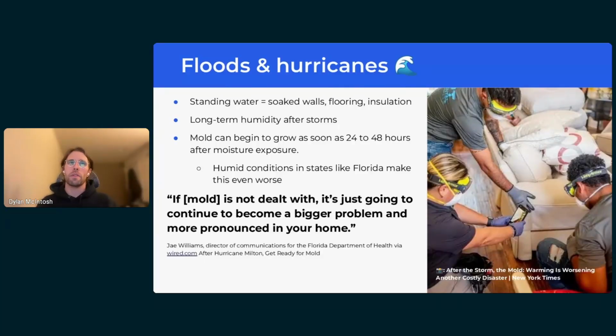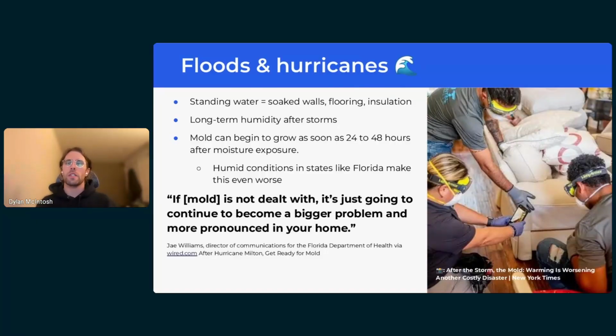It doesn't necessarily have to be a hurricane, but when there's been standing water in a home, a lot of building materials can absorb and wick moisture inside of them, things like drywall, flooring, insulation, as well as long-term humidity.